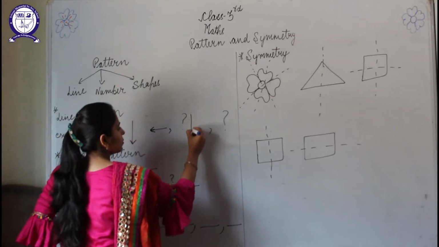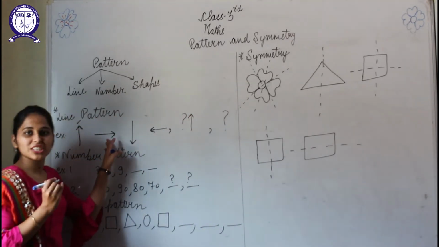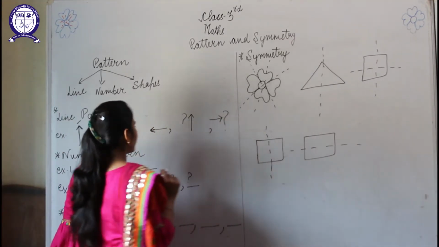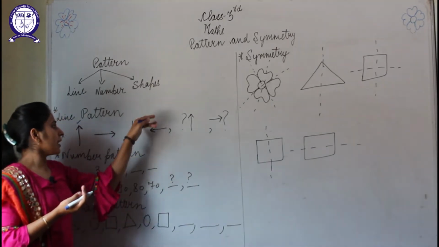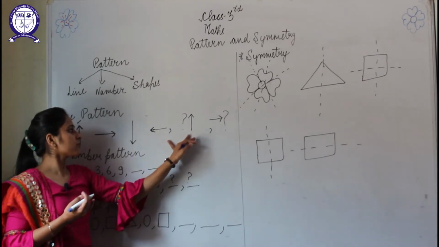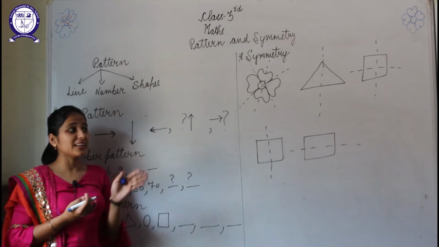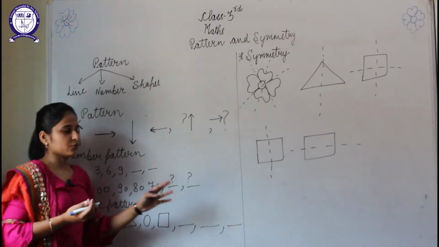So here, which line will be drawn? Upward side. Now after the upward side, which line is it? Right side. So we will draw a right-hand side line at the place of the question mark. Now if we want to further continue this pattern, the next line will be denoting the downside, and the next will be denoting the left side. Like this we can complete this pattern up to 10 terms, 20 terms. How many terms can be included in one pattern, students?